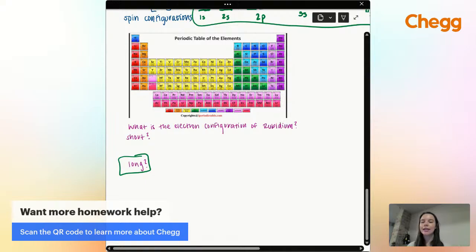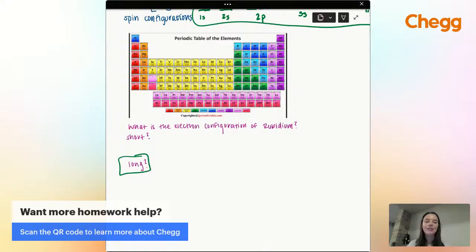First, I want to do kind of a challenge. Does anyone know the chemical symbol for rubidium? You have about 15 to 20 seconds. Tell me, what is the chemical symbol for rubidium? Get a virtual high five if you know. I'll be very, very impressed. This is a challenging one.